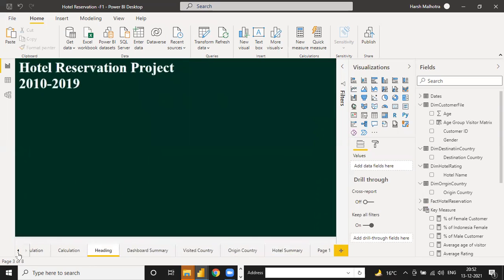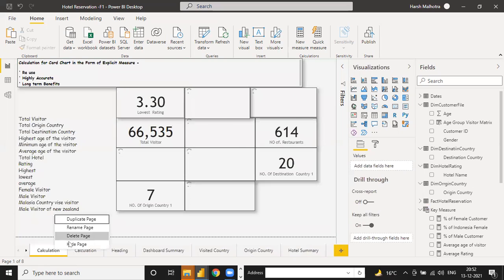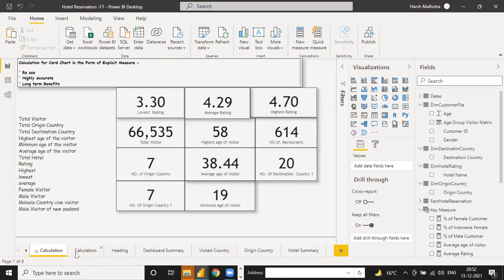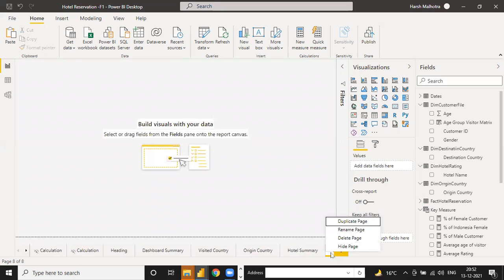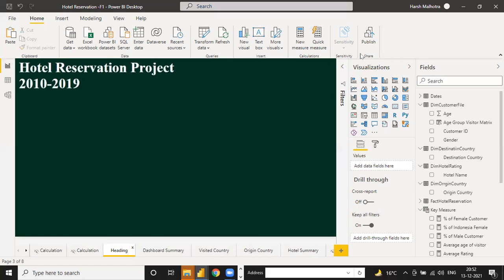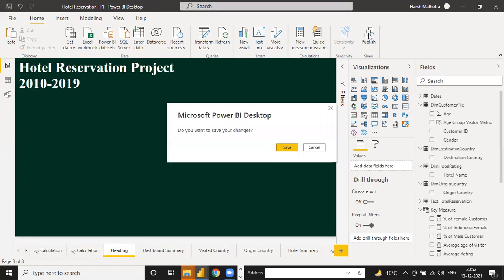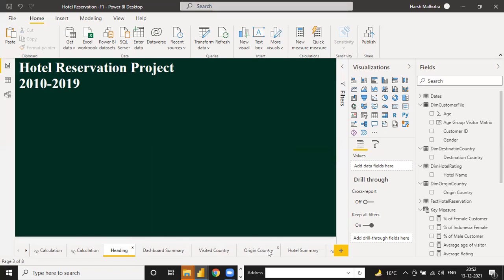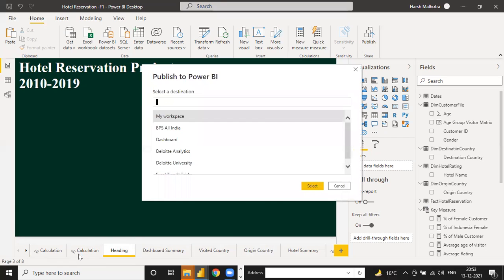And see, after that, suppose when all your pages are ready, click this page, right click and just hide. Why am I going to hide? I will let you know in just 1 second. These 1, 2, 3, 4, 5 I want, and this page 1 I'm going to hide. So all the pages are hidden, only these pages remain. If I publish my report, only these 5 pages will be published into my Power BI service, not this hidden page. The hidden page is just a helper for our visualization.